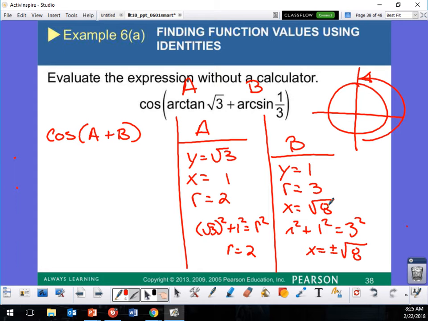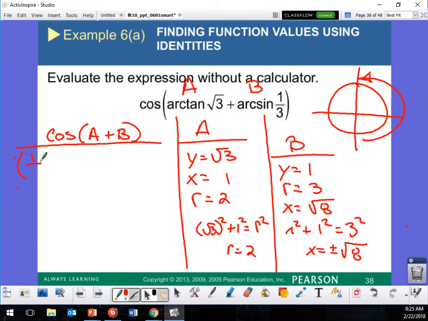Okay. So now I'm going to do this formula here. Cosine of a plus b. Remember, it's on your reference sheet too. So cosine, cosine, sine, sine, and minus sine, sine, right? So cosine of the first one is going to be 1 over